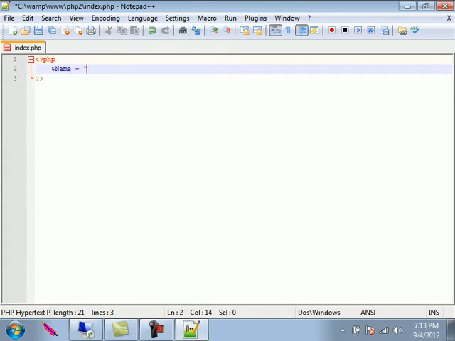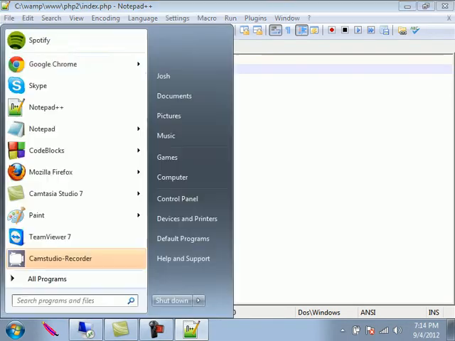A variable is something that stores information. For instance, if we wanted to make a variable called name, we could put it equal to my name, which is Joshua. So you'd put $name, space equals space, quotation mark, Joshua, quotation mark, semicolon. Now if we save this and we open up a browser,